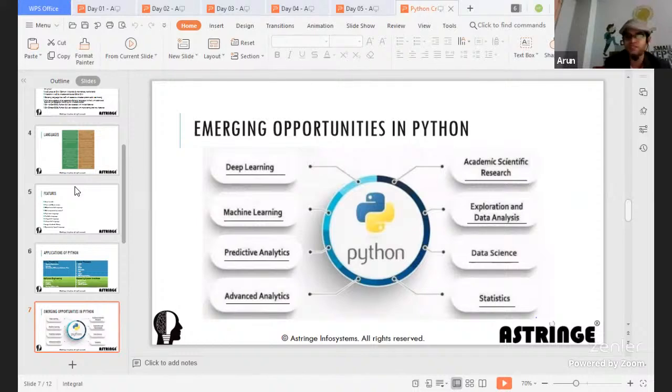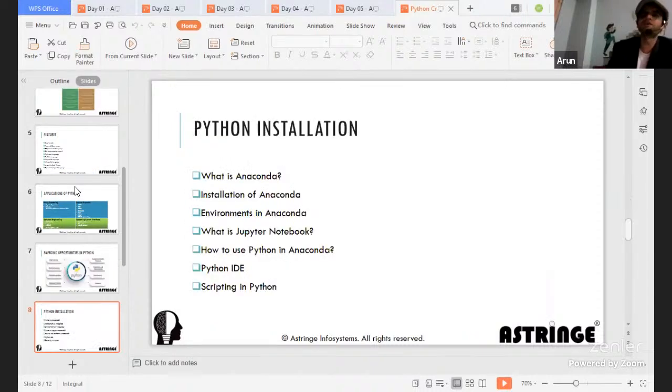Albeit, for statistics, even today R is considered one of the very robust languages for statisticians, also because of its simplicity. Having said that, Python is going to beat R in the coming future because of its versatility when it comes to programming.